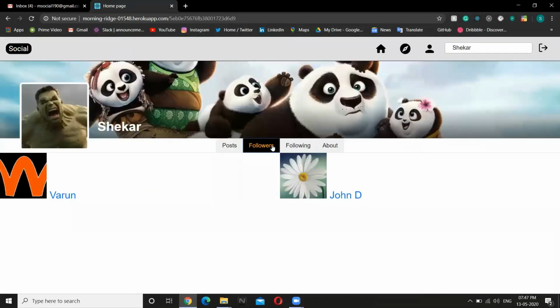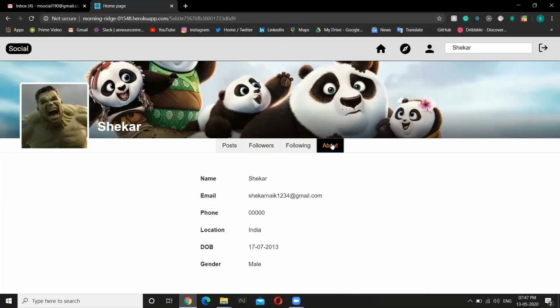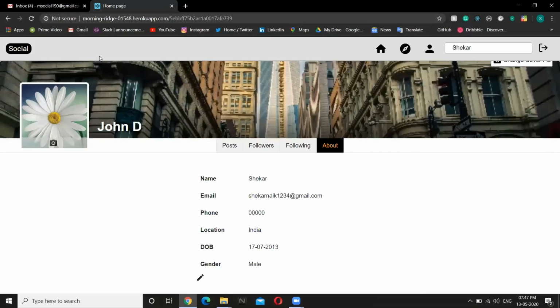We can see their followers, the people this user is following, and we can see the about section. We are not getting the edit button because it's not the person who is logged in. We'll only get the edit option in our account. So this is the app.